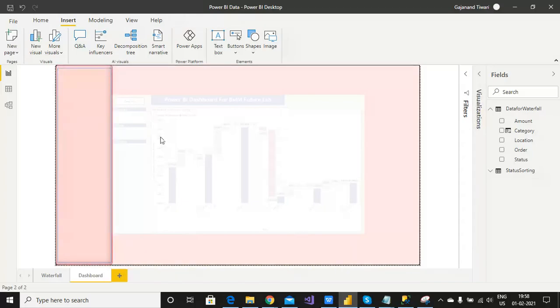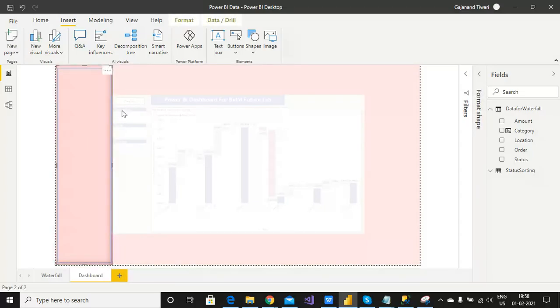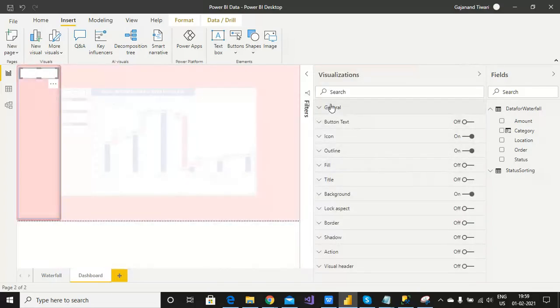I did the formatting. Then I wanted to add a button here. So how do we add the button? Here there are left arrow, right arrow, reset, back, information, help, Q&A, bookmark, and blank button. These are the buttons available in Power BI. You can use whichever is required for you. Right now, I'm using the blank button. So click here. Why am I adding this button? Because I wanted to add a clear filter button. So just click this button and start formatting it.